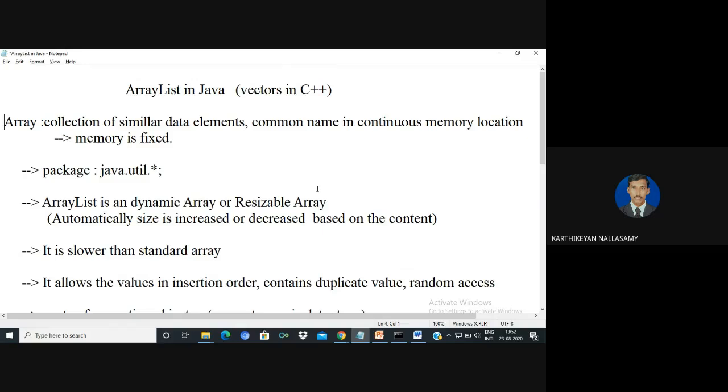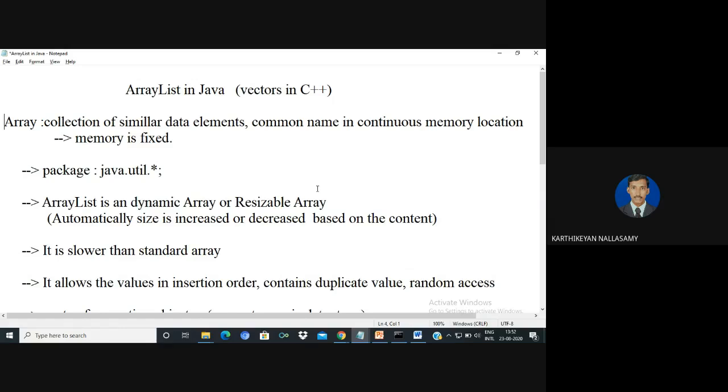First of all, let me recall the concept of an array. An array is a collection of similar data elements stored under a common name in a continuous memory location. In an array, the memory is fixed. For example, if I allocate an array for storing 10 elements and store only 2 values, then the remaining 8 are wasted.